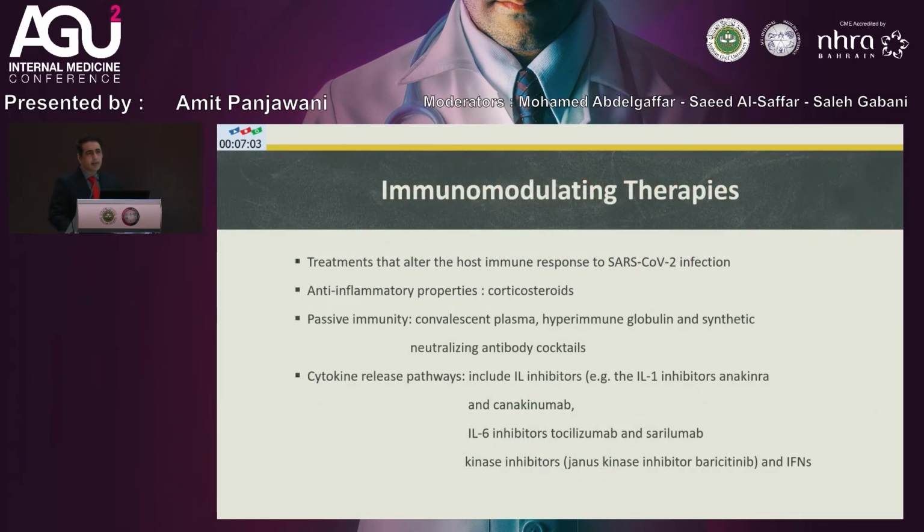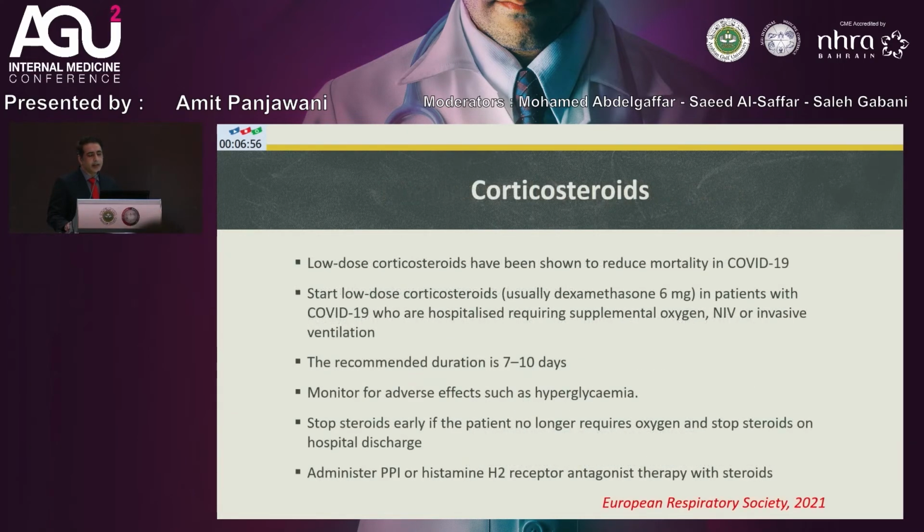Now, besides antivirals, immunomodulators play a very important role in the management of COVID pneumonias, and leading the group would be the corticosteroids. Among the corticosteroids, it is dexamethasone, especially in low doses of 6 milligrams given by the oral or IV route, that has been found to be useful in preventing the poor outcomes of COVID-related pneumonia. It's usually given for a duration of 7 to 10 days,